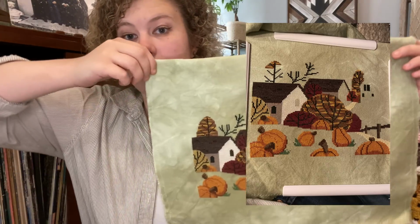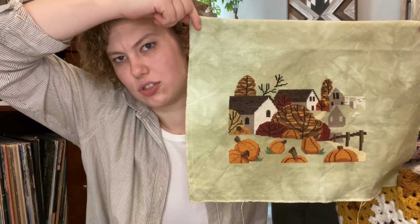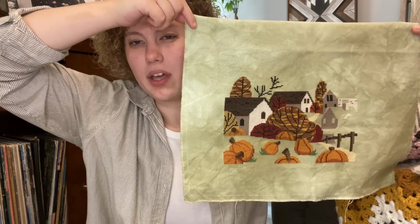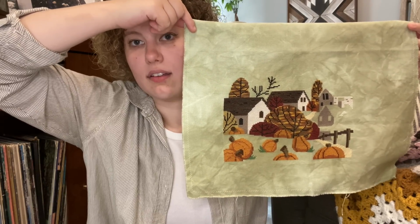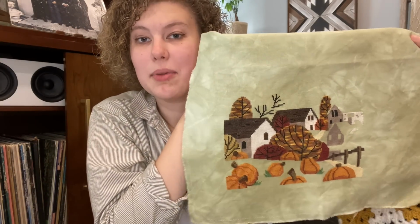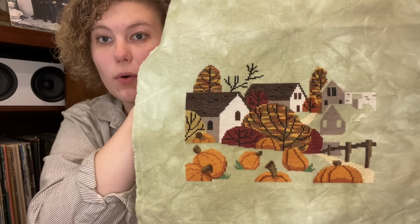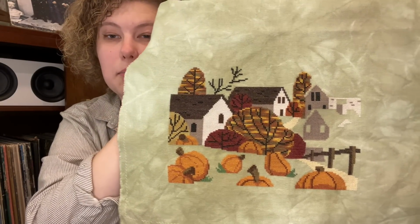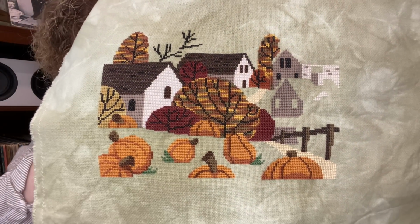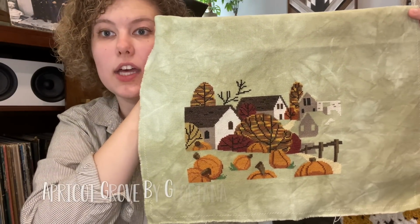I am stitching this on a 28 count that I dyed myself with Rit dye. I think it was just green apple Rit dye, because I think the called for fabric is Mountain Air fabrics possibly, but it was in the height of the pandemic and you could not get that linen very easily. So I just dyed it myself. I'm using called for DMCs for the most part. I think I toned down the orange of the pumpkins, and I'm using Color and Cottons for the trees, except for that really variegated one, which is a silk, the called for silk. I think it's Apricot Lane. I'm not sure who the dyer is, but